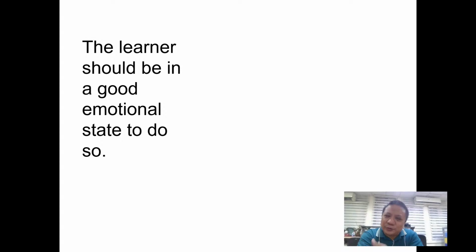Also, another way to do that is you should be in a good emotional state. This also has to do with Stephen Krashen's hypothesis, which is the affective filter hypothesis. The idea that you need to have good emotions. You shouldn't be bothered. You shouldn't be distracted, in order for you to allot effort into language learning. You see, language learning is a difficult process, and it is inhibited and limited by your emotional state.